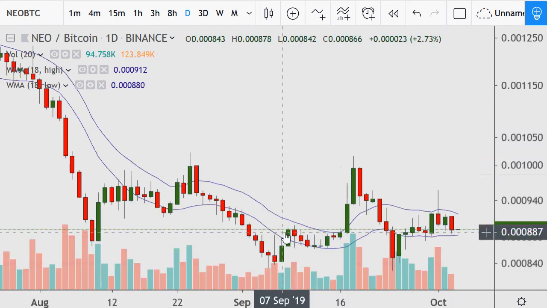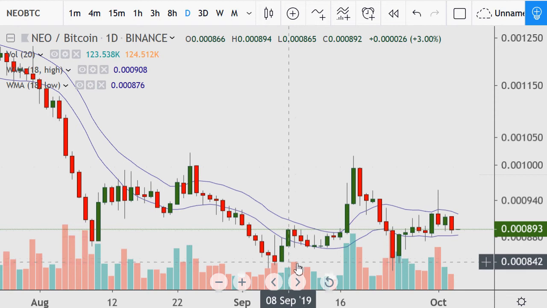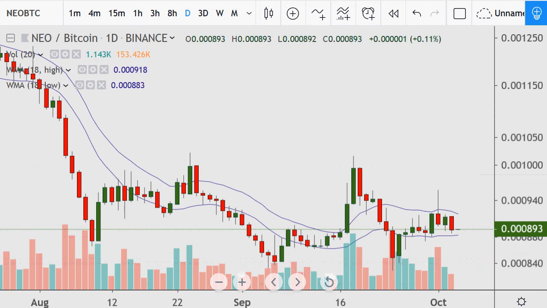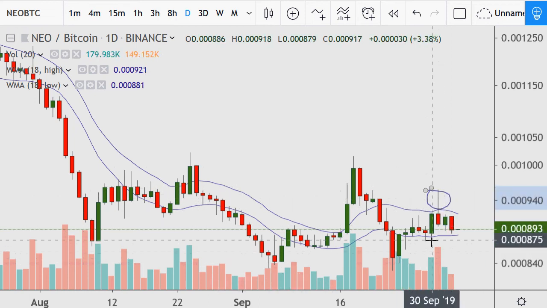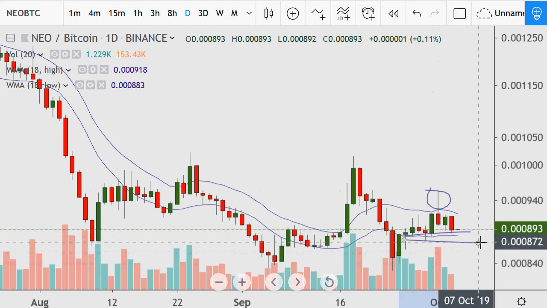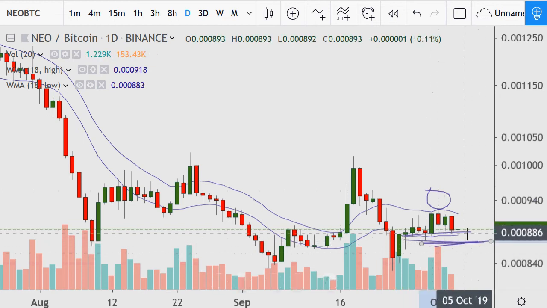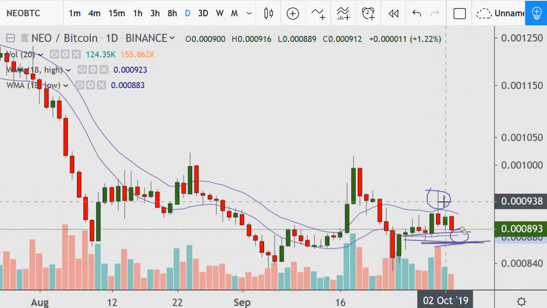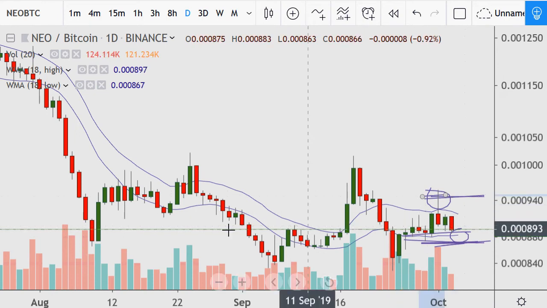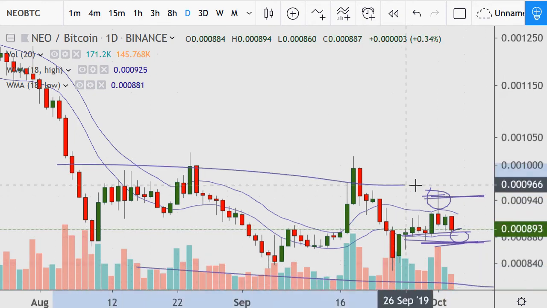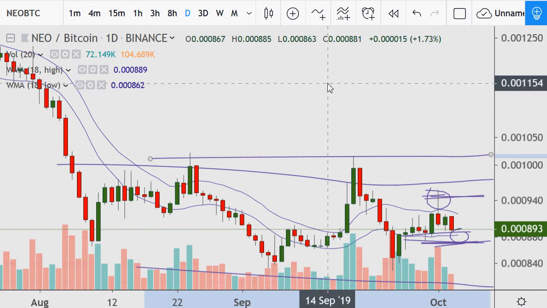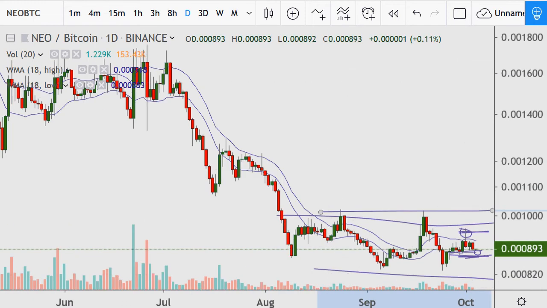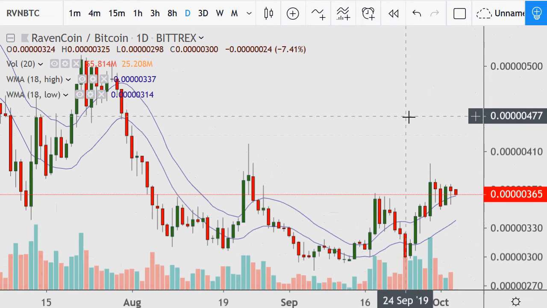But in looking at just the more recent range, how can I call this anything but neutral right now? It did have an attempt to break out above this, so yes, I'm concerned is the one word to use, or on yellow alert, but it's got to break down below this support. So far the 18 lows is holding, but we're seeing no clear break of resistance. It's in, we'll call it the middle of this range. At least it's a decent ways away from both the highest and lowest ends, so nothing more to say but neutral on this.